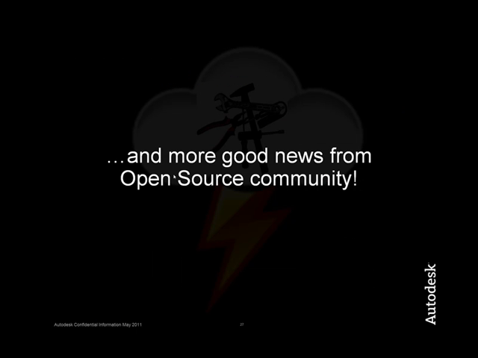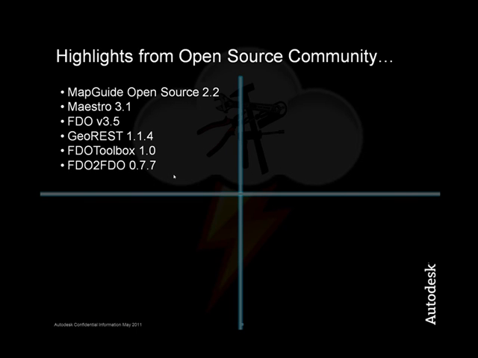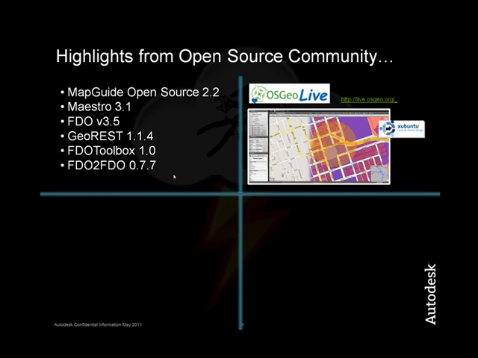And we have more good news from the open source community. It includes MapGuide Open Source 2.2 and Maestro, FDO, GeoRest, FDO Toolbox, FDO to FDO, and the OSGeo Live. OSGeo Live is a self-contained bootable DVD or USB thumb drive or virtual machine based on